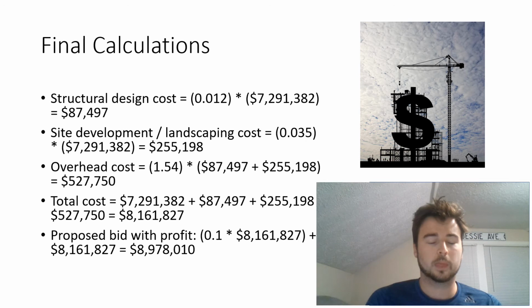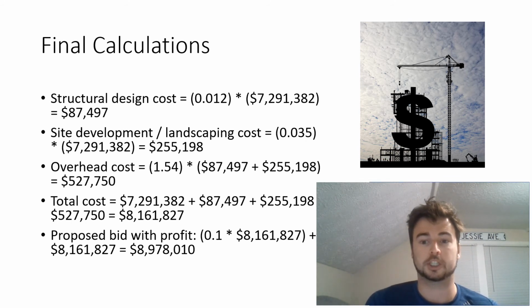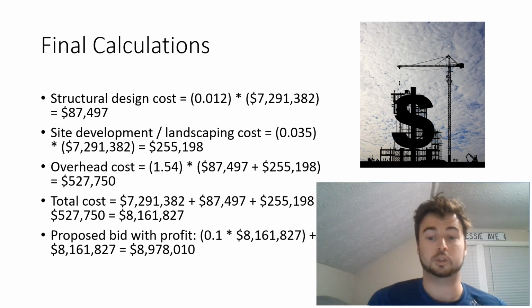Then proceed to calculate the final numbers, final cost for the client. The structural design cost will be 1.2% of the preliminary cost, which comes out to $87,497. The site development and landscaping cost is going to be 3.5% of that preliminary cost, which comes out to $255,198. The overhead cost is then 1.54 multiplied by the structural design cost plus the site development cost, which comes out to